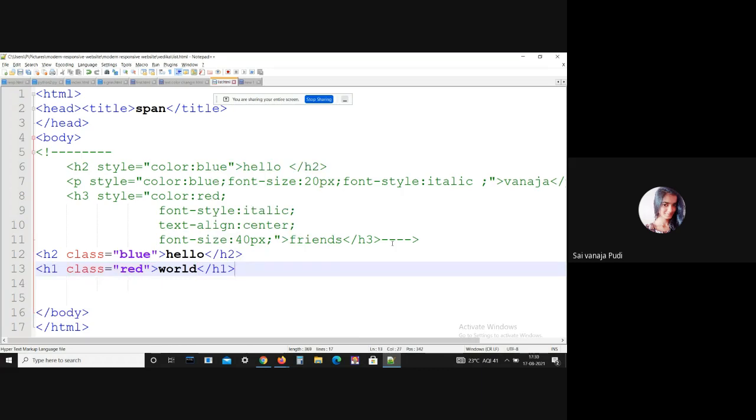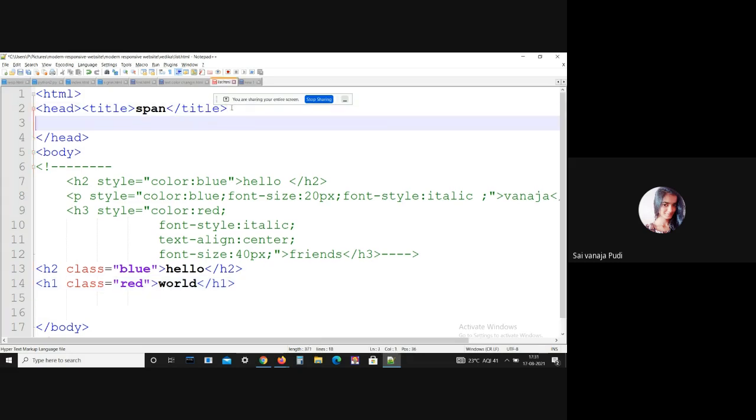What does internal CSS mean? I have already explained this. An internal style sheet contains the CSS properties of a web page in the head section. You should add all your properties in this head section only, in between the open head tag and the closed head tag.